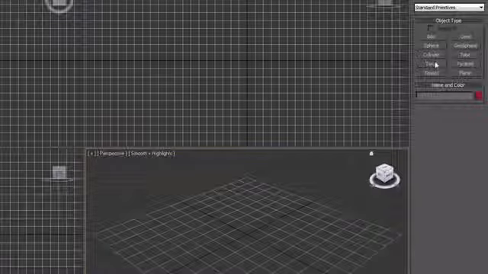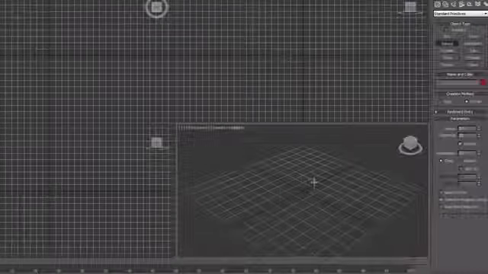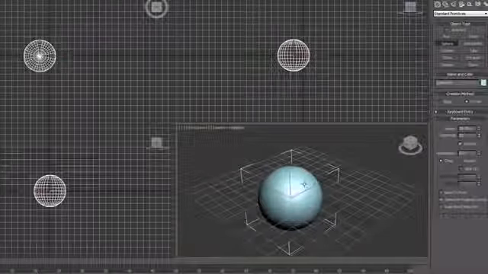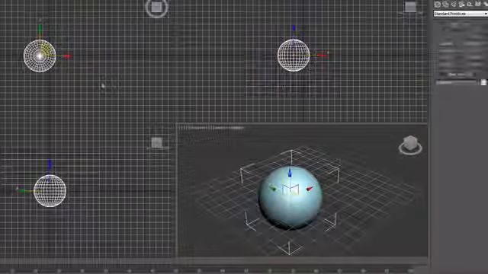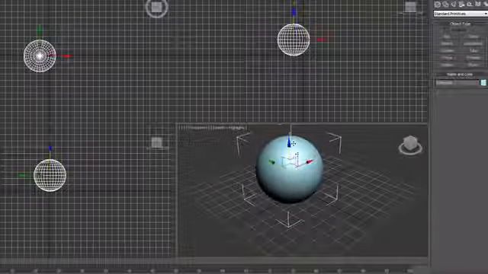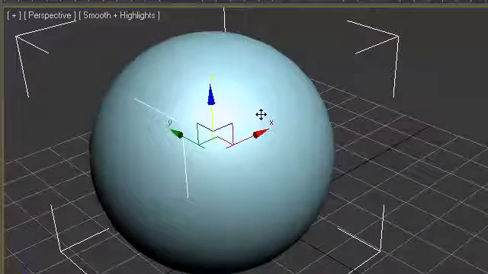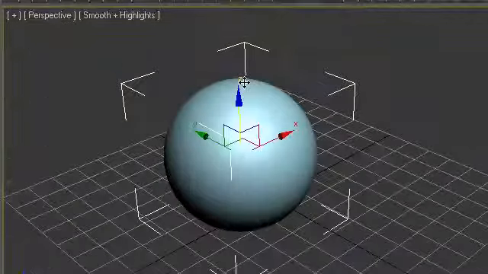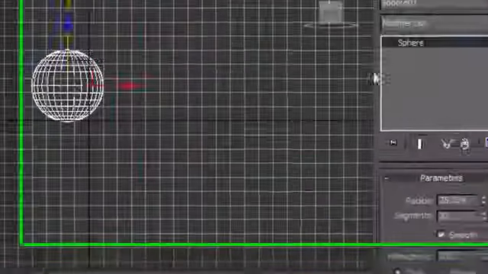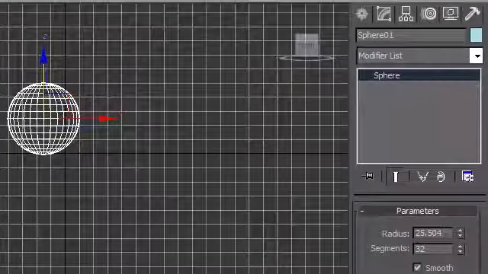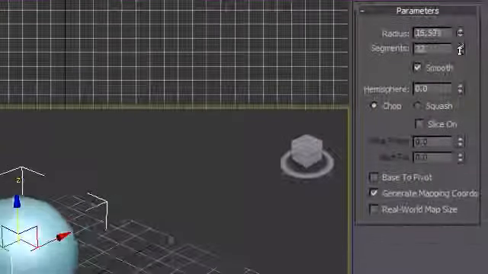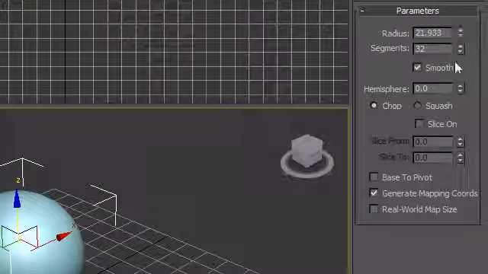Now we already created one type of object, and let me demonstrate that, just like a basic sphere. What these basic geometric objects are called are parametric objects, and that's all we've been creating so far. If you're wondering why they're called this, if you go in this modify panel, how you edit these objects is basically through parameters like radius or segments, hemisphere, slices,